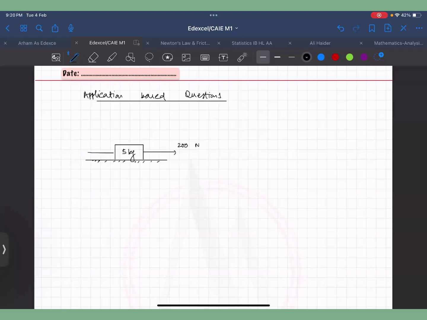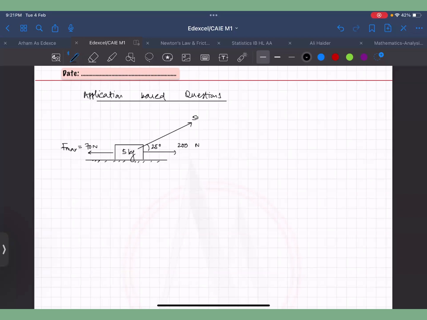There's another force, let's suppose this is friction, F max. I told you friction is F max. Most of the time we use this nomenclature. Let's suppose this is 70 newton, and there's another force which is pulling it at an angle, let's suppose, 25 degrees,